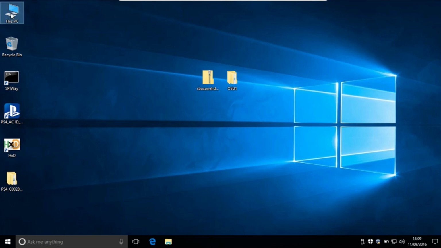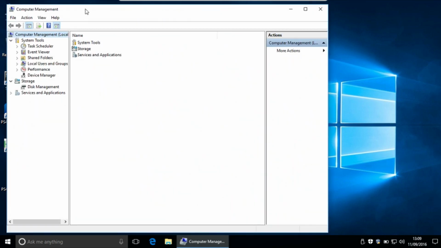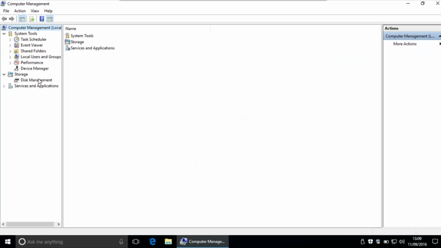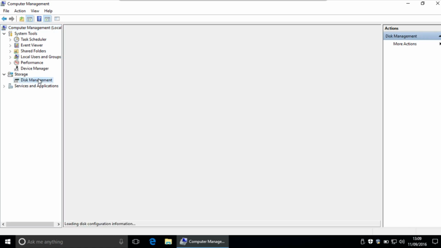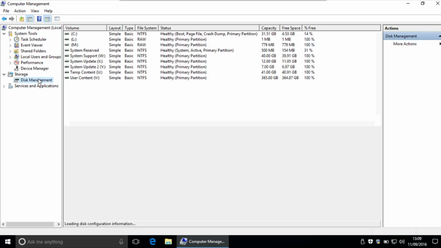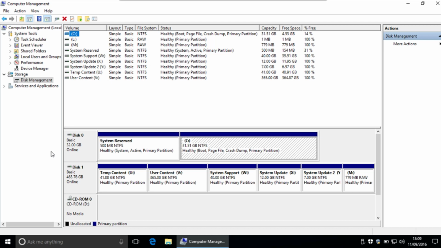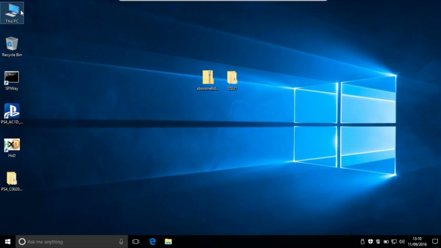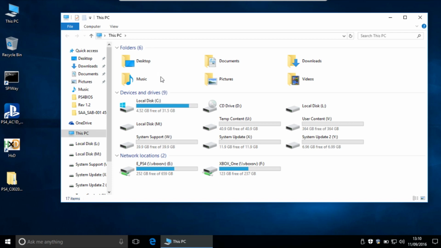If you right click on this PC, you can go into manage again, where before, disk 1 was of course an uninitialized disk and it had absolutely nothing on it. Now if we go into disk management, we should find that disk 1 indeed has all our Xbox One partitions, and it should all be looking a little bit happier there now. And if we actually go into this PC, or my computer as it may be on your computer, what you need to do is go into our system update folder,